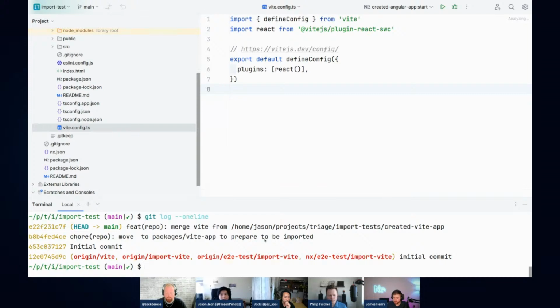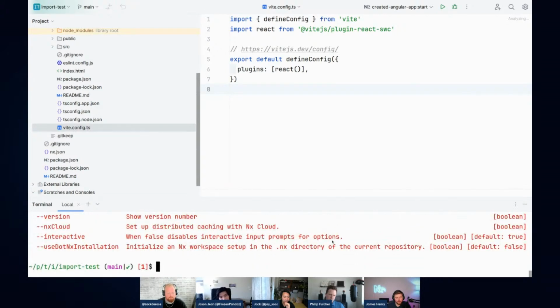So all of your Git history, say you've been developing an app for 2 years now, and it's ready to see the light of day, but before that, we want to put it in the monorepo. It'll import all of the Git history from that. This is currently experimental. We can say that it's coming later, but you can try it today if you have watched this video or live stream and you want to try it. You can do other things with it as well.